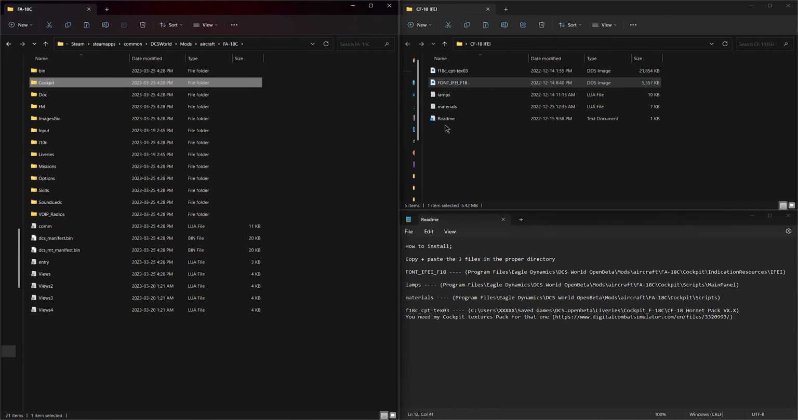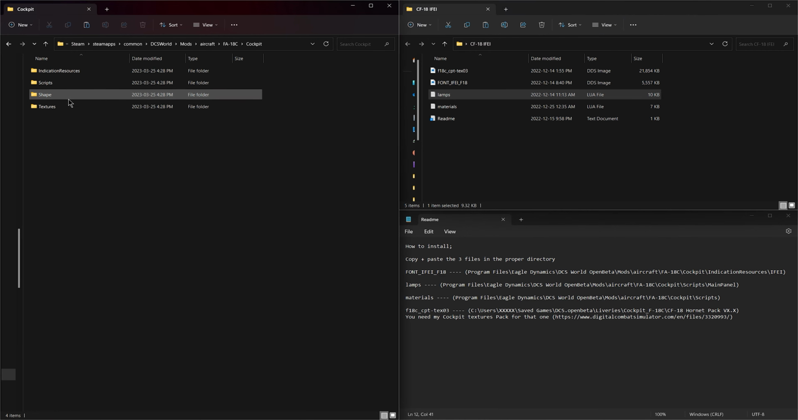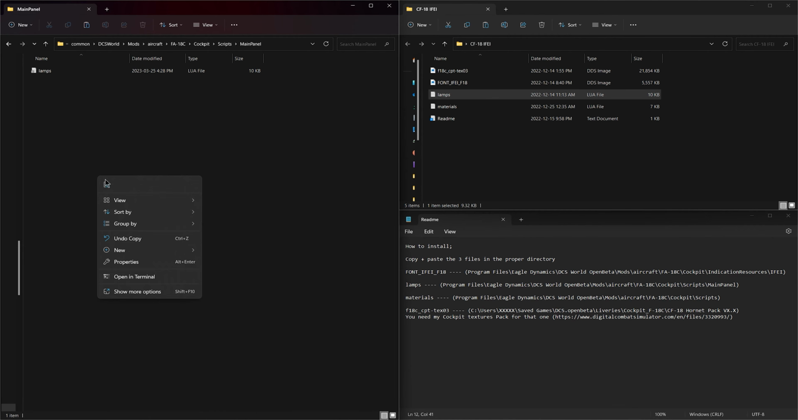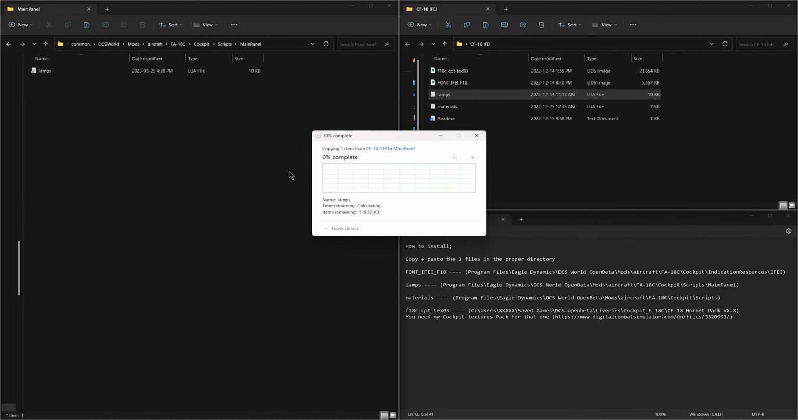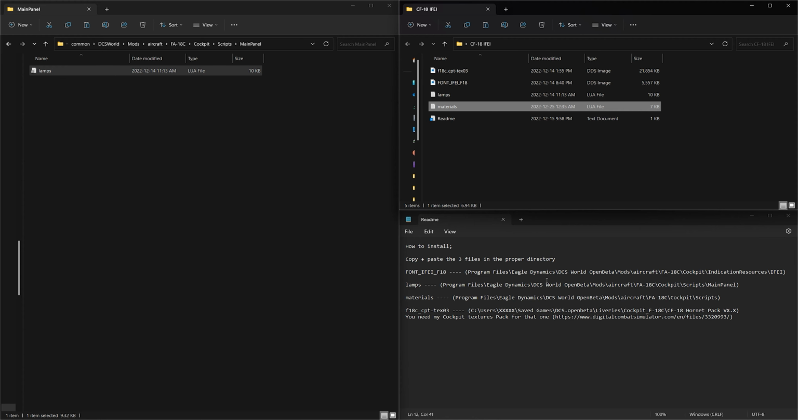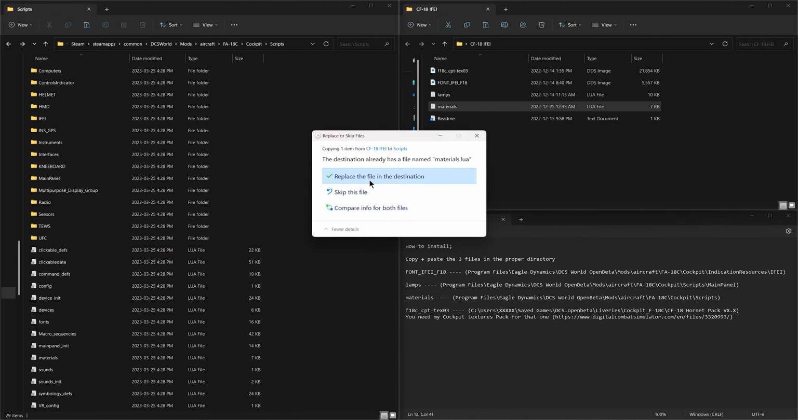For the lamps, go ahead and we'll copy that. See that this says go in the cockpit scripts and main panel. Cockpit, scripts, main panel, and we'll paste. Replace. Materials. Copy. Cockpit scripts, materials, no, just cockpit and scripts. So cockpit and scripts, paste,